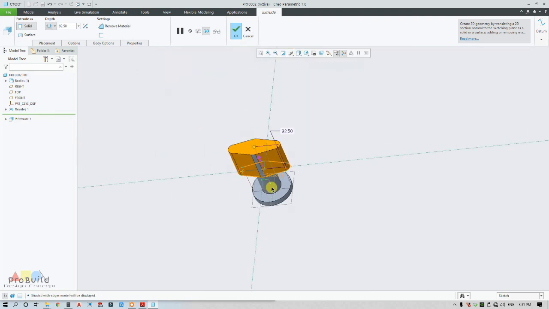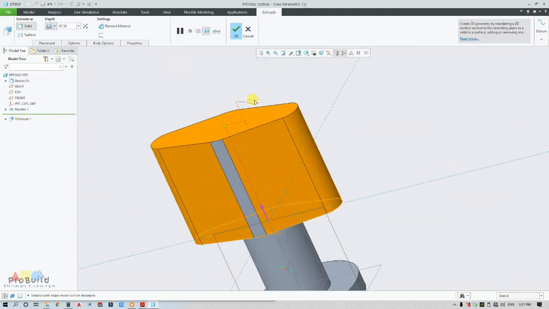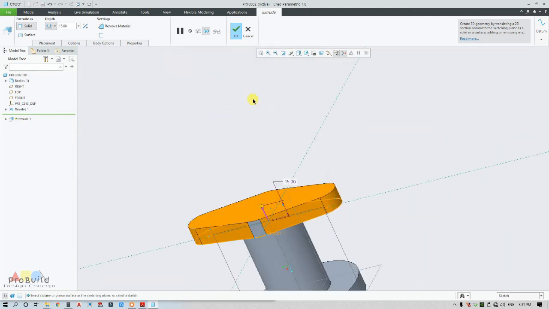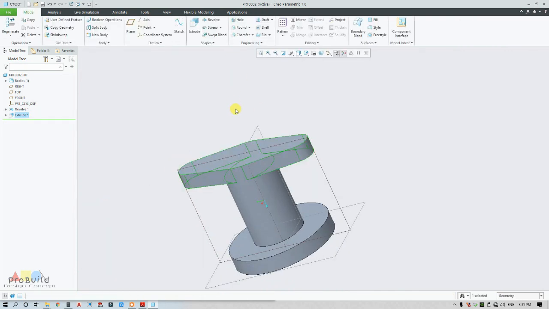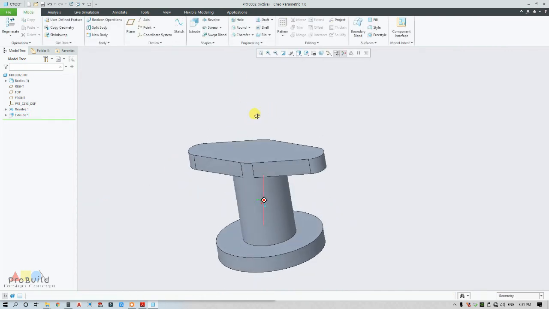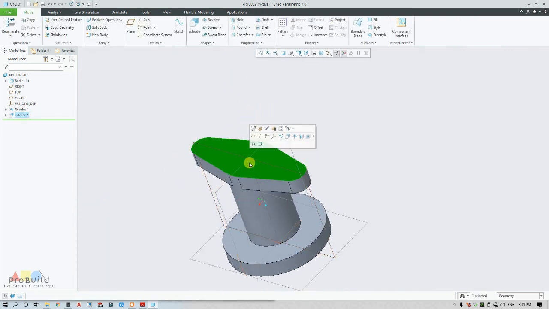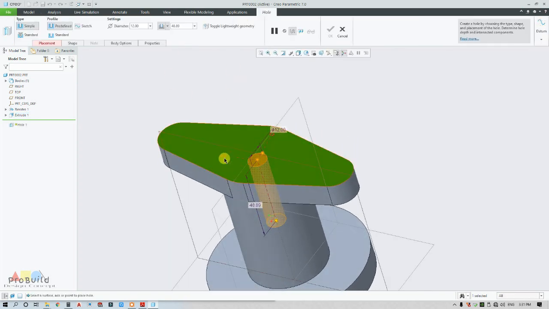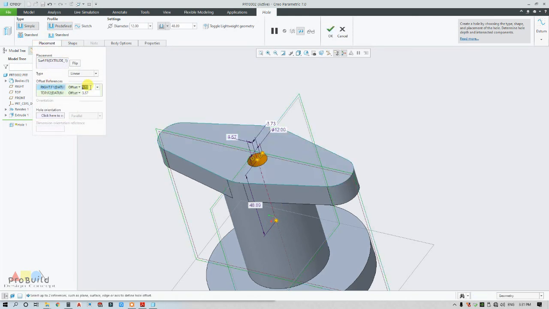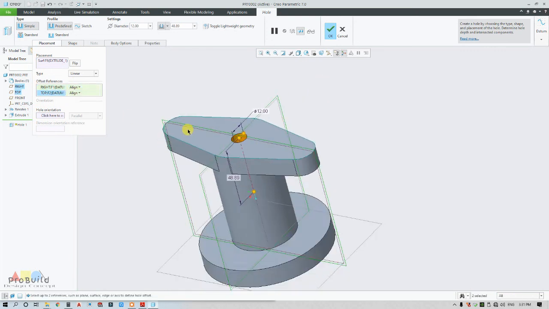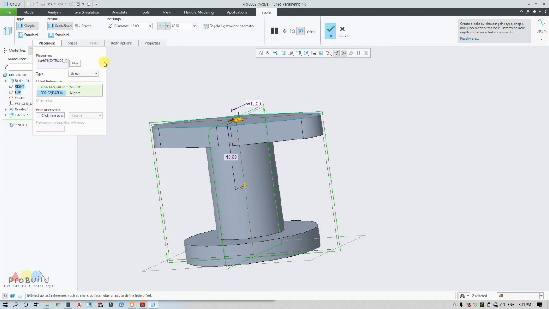So change to shaded with view. Now I'm going to put this as 15 and click on OK. So everything is ready. Now I'm going to create a hole, so select hole and align this clip to the planes, so that under the placement tab you can put everything as align, so that it becomes 0 to 0. It becomes concentric to this base part.